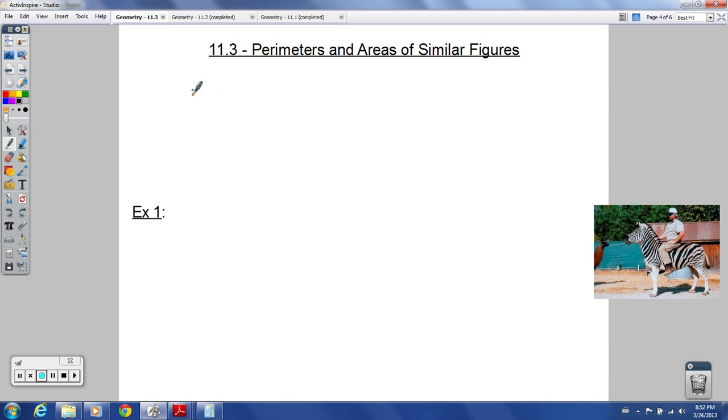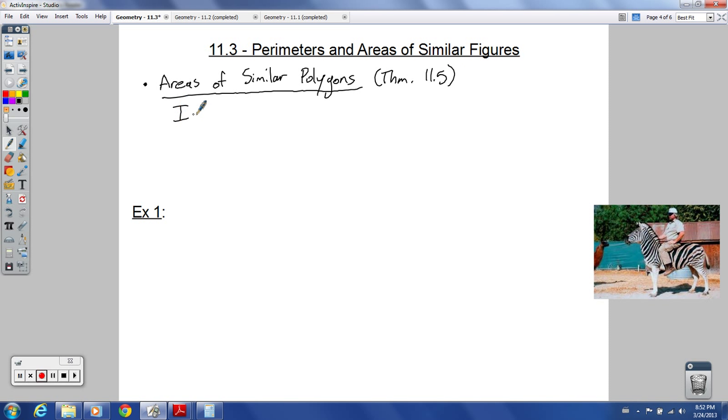So there is a theorem, theorem 11.5, that we'll write down here to start. This is the big guy for this lesson. The areas of similar polygons is the name of this theorem. And this goes by theorem 11.5 in our book. And it says that if two polygons are similar, with the lengths,